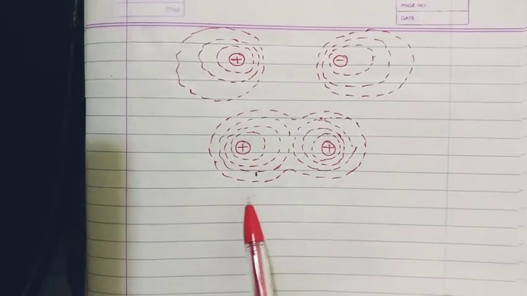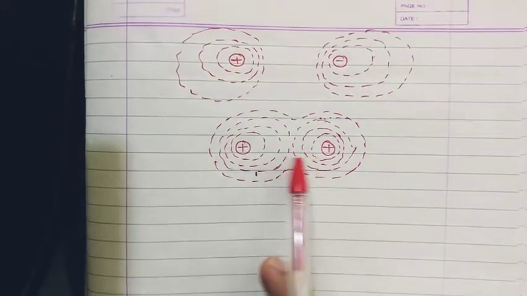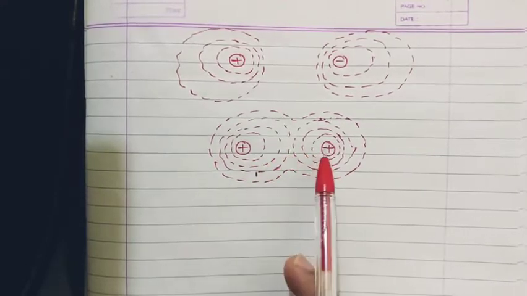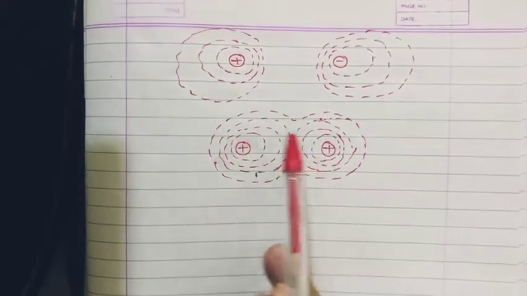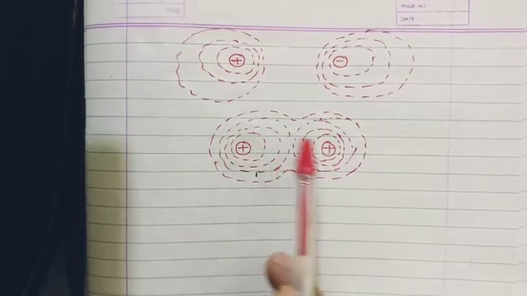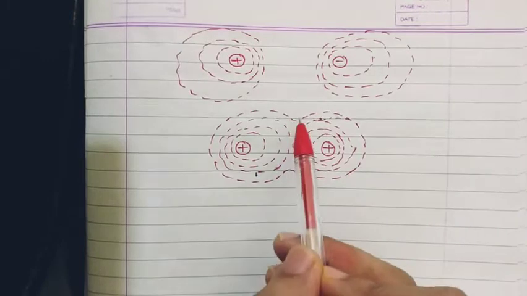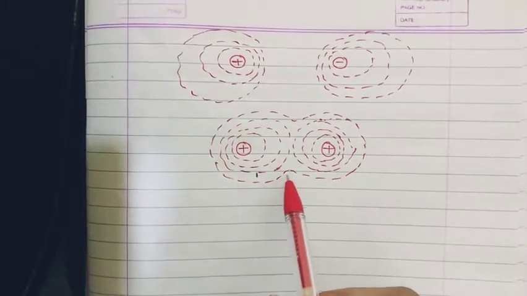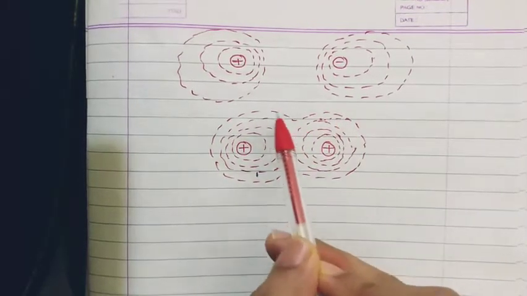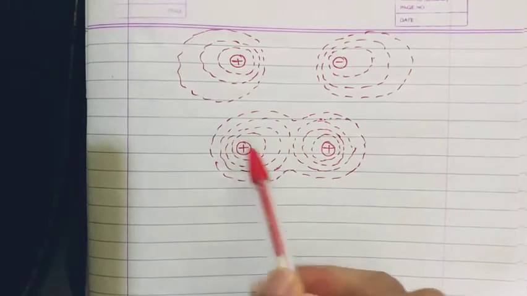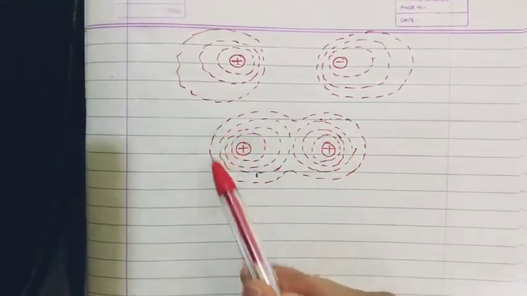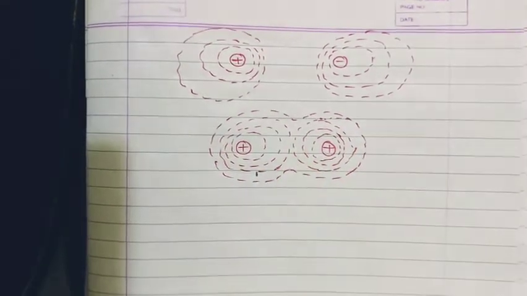Okay, and this is the combination for a positive and a positive charge. You will see the equipotential surfaces are far apart in the region between the two charges. This indicates a weak field in such a region. There will be a weak field in this region. That's what it indicates. You'll also see that the equipotential surfaces of this charge and this charge can merge together when it is a combination of positive